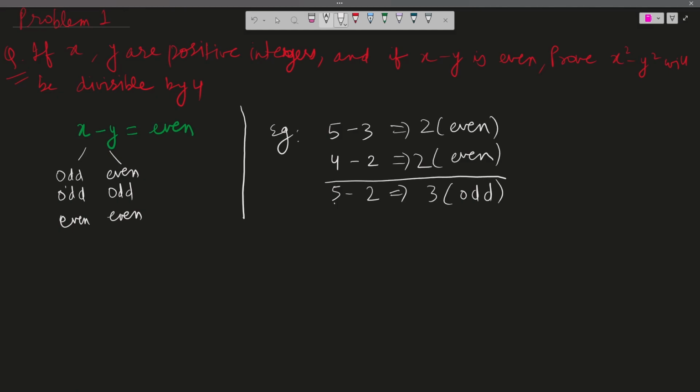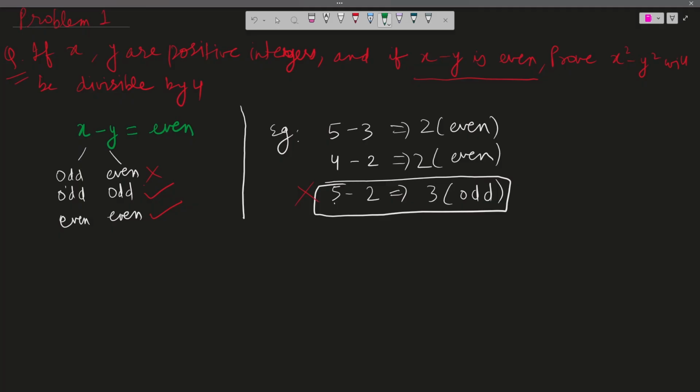That shows that the only case we do not have to consider is the one where one number is odd and the other is even. So we will not be considering this case. The other two cases are the ones we are going to talk about. Only if both numbers are odd or both numbers are even will the subtraction give us an even number, hence satisfying this condition.